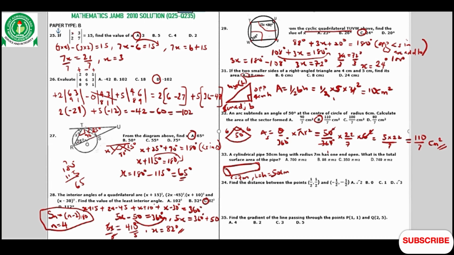Since this is an open cylinder, with one of the sides open, the formula is the curved surface area, which is 2 pi r h, plus the area of the closed circle of the cylinder, one closed edge, which is pi r